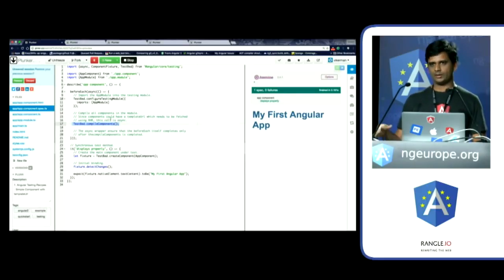And if any one of them has a template URL, the test would actually have to fetch it using XHR, and all these are inherently async operations. So TestBed.compileComponents is returning a promise. It should complete when all the things have been fetched and pre-compiled. The way you would wait for something like that to finish is using the async wrapper. So anywhere in your test,